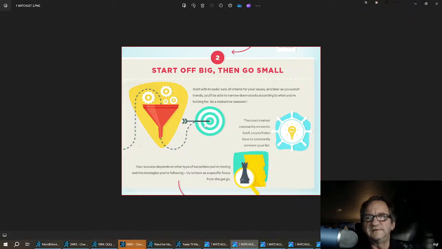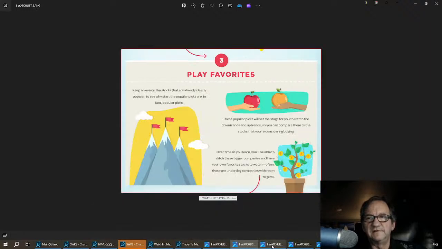You're getting these off scans and off other people, and only trade stocks that you like. If they're not doing very well and they got bad news, take it off your list. It might come back up later. Play your favorites. That's so important. If you're a seamstress, you might want to be trading brick and mortar, or you might want to be trading Amazon, or